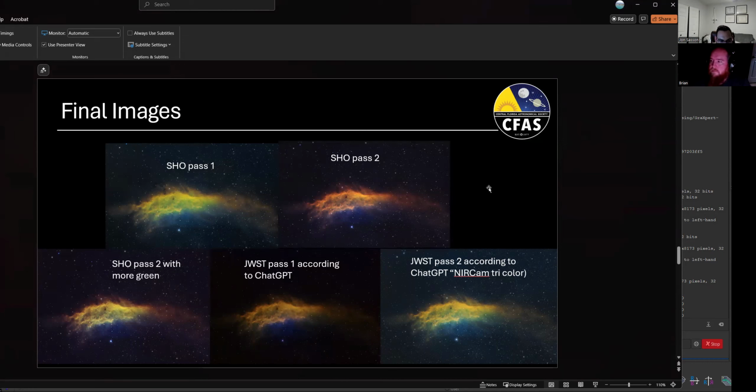Then I realized I had taken too much green out, adding too much red. So this image is this exact same one, but what I did is I went back with the curves tool and added a little bit more green. But other than that, they're pretty much the same. Basically the same steps I just went over. And then these two,